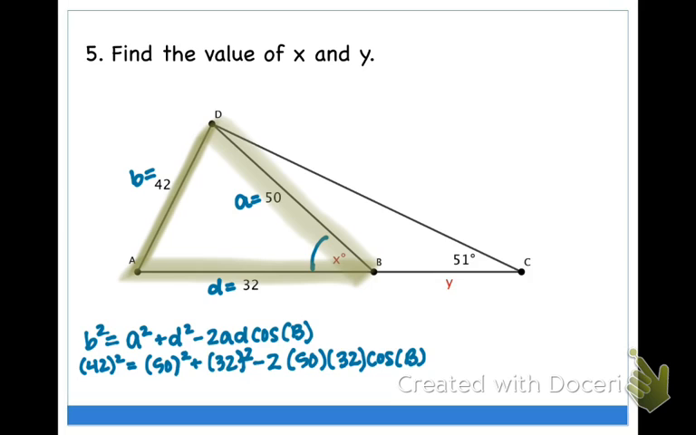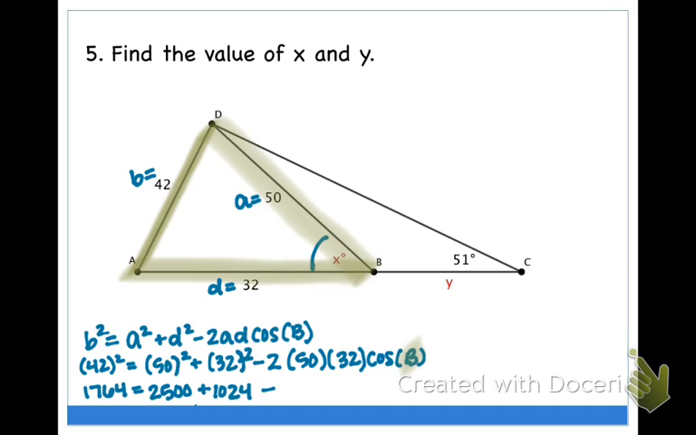And just like every other problem, we want to look at this and say, do I have any variables on the right side? And we do. We have that variable of angle B. So I can't go to my calculator. We have to do the long process. We have to do the algebra. So we're gonna multiply some things out. We're gonna figure out that 42 squared is 1,764. 50 squared is 2,500. 2,500 plus 32 squared is